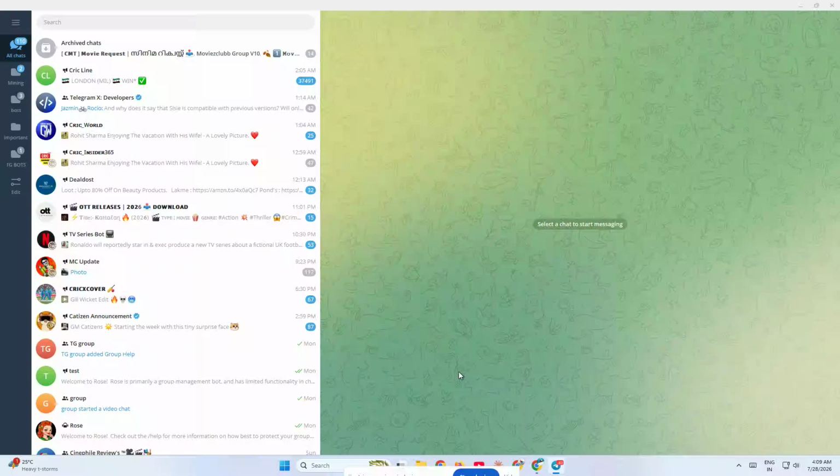If Telegram is failing to download files, images, or videos, don't worry. In this video, I'll show you a few simple fixes that usually solve the problem fast. We're going to restart the app properly, clear the local cache, check your connection settings, and change the download path if needed. These steps are quick, easy to follow, and they can fix a lot of common Telegram download errors